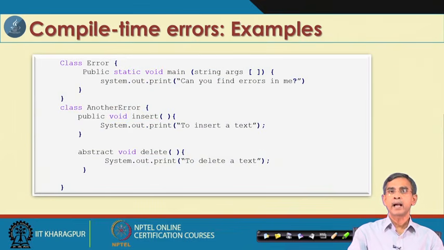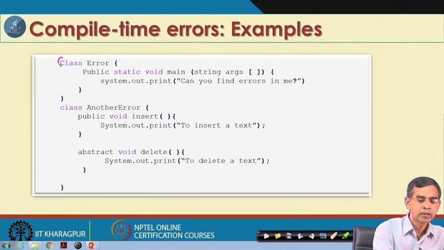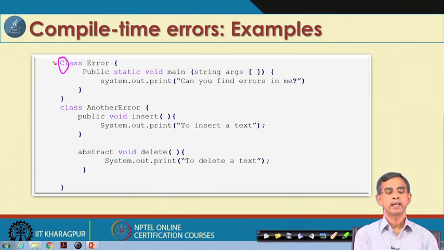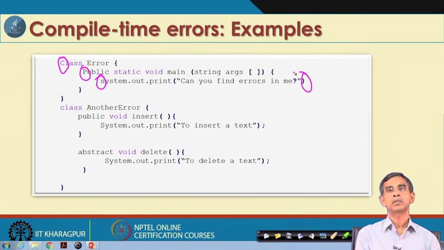Now, let us have an idea about what is a compile time error and what is a runtime error. If we see this program, could you check it and tell me the possible locations where it gives a compile time error? If I can help you, I am pointing them out. There is a location of an error here, and here, and here. You can understand why there are so many errors: these are errors because it is not written according to the Java syntax.